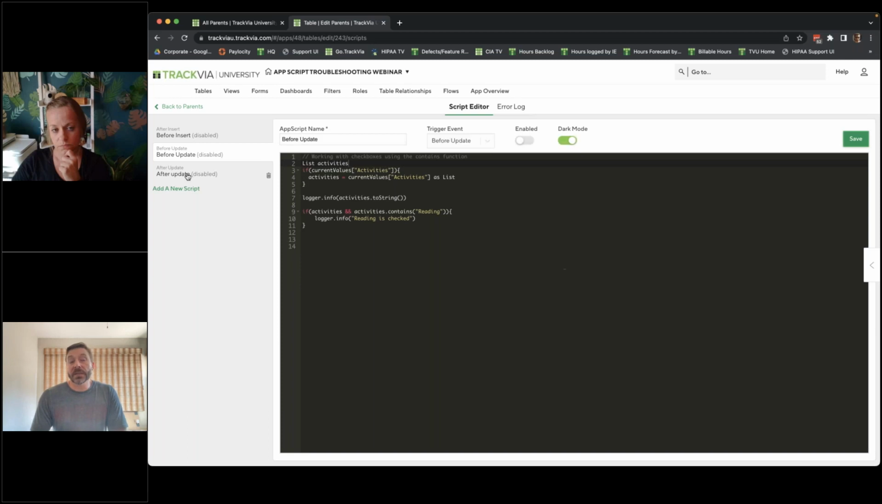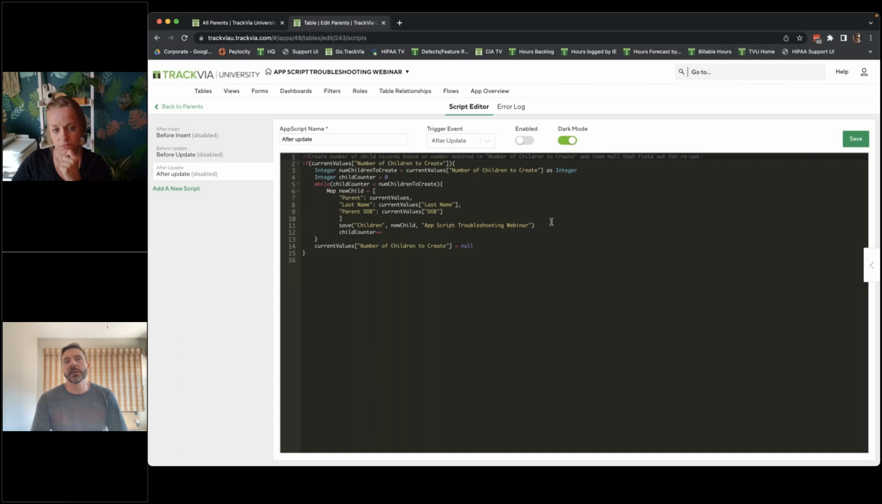And then last but not least, on the parents table, we have a bunch of script errors on the children table. Last but not least, on the parents table, I am going to enable this script. And this script looks like it's doing a lot of fancy stuff. What it's doing is it's basically looking at the value plugged in the field called create number of children to